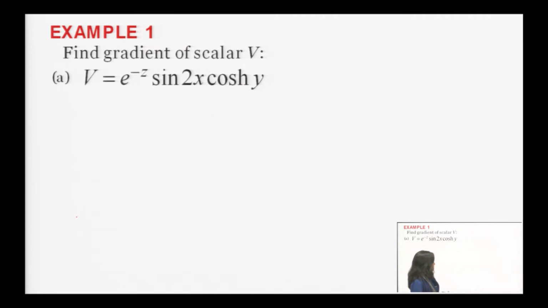So let us start with gradient. Here one scalar quantity is given. Always remember that gradient can be found only for a scalar quantity. Gradient of any vector quantity makes no sense. So the scalar field V is given as e to the power minus z sin 2x cosh y, and